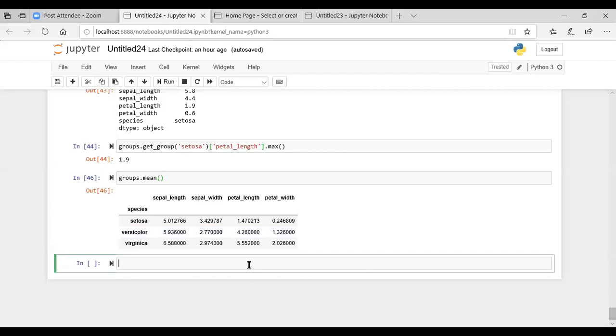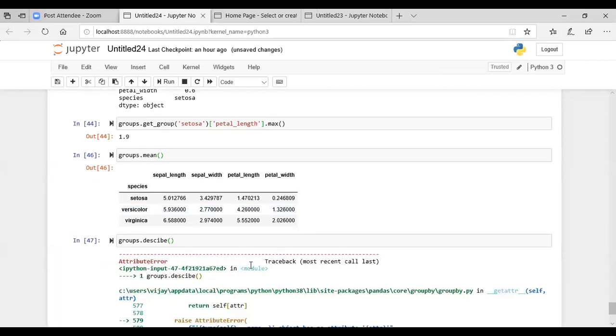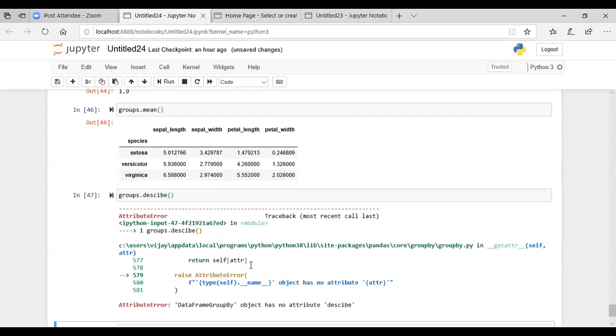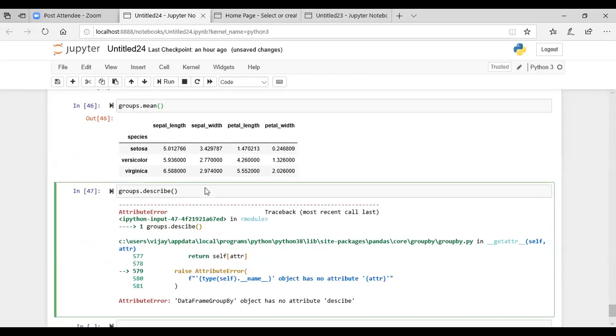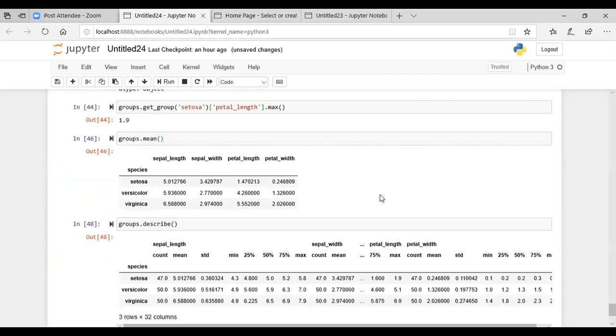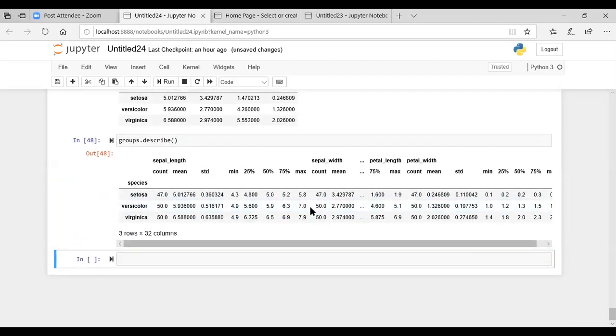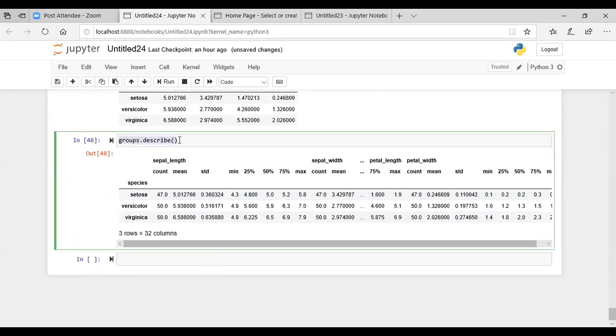And the way we have seen the statistical information for different columns, the same statistical information can be viewed for the groups as well. So group dot describe. This information is not clearly readable, so what you can do is take the transpose of this.